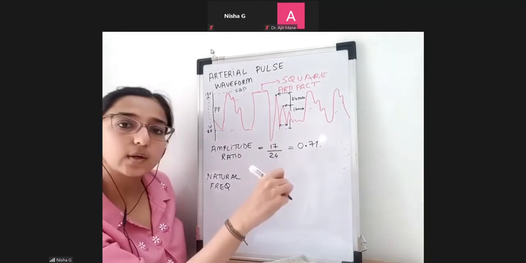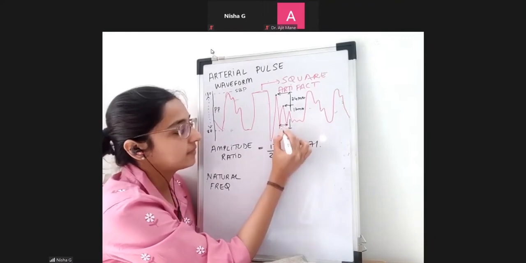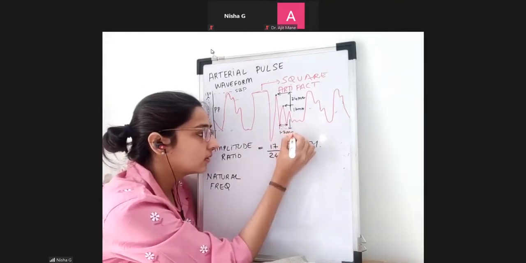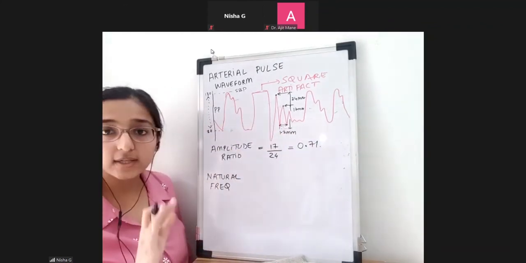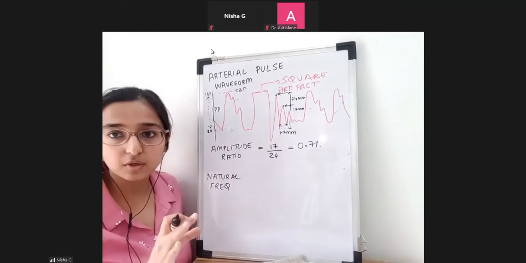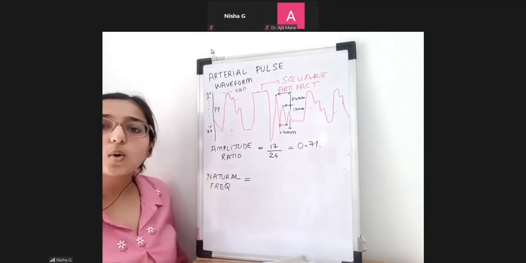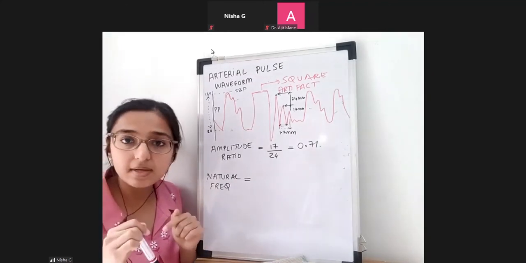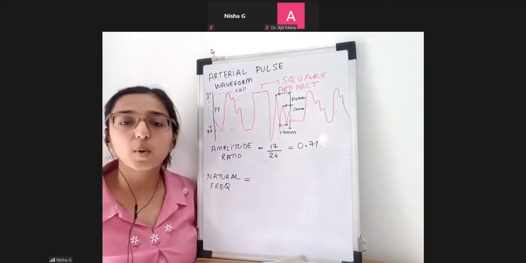Either you calculate it by looking at the graphical paper or the computer will do it for you. Suppose this value has come to 17 millimeter. This is again an example of Miller's only, so I'm not telling you this is going to happen in every patient of yours. It's just for understanding. Now we know the speed at which the ECG is moving, 25 millimeter per second, right? Your ECG paper. This is just a point you need to understand.